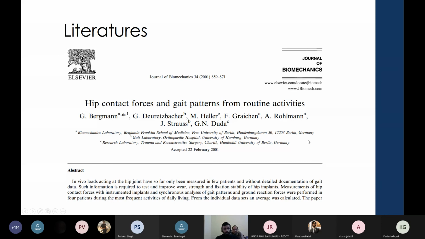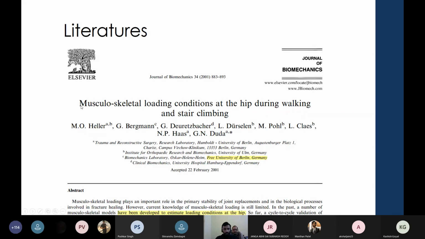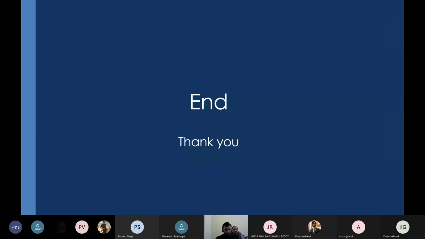Another one is from another group, Heller, Musculoskeletal loading conditions at the hip during walking and stair climbing. You can download these papers directly from the website. So that is an overview of the presentation.